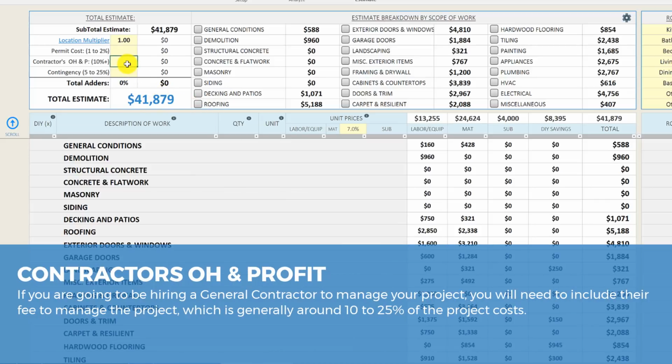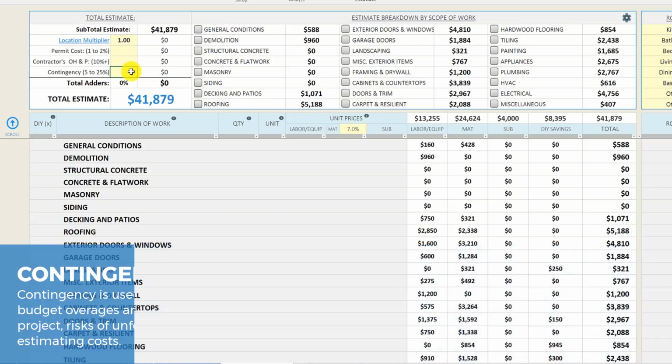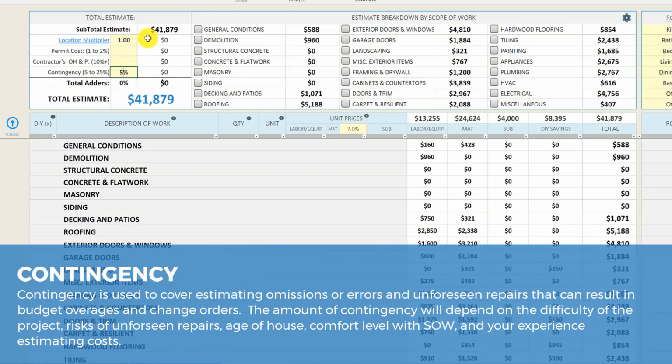We did have a general contractor, and he wasn't necessarily a general contractor. He was basically a contractor that was doing all the work himself, so he wasn't managing subs or anything like that. So all of these numbers that we have here really kind of include his wage and his profit in the deal. So we didn't need to plug in any kind of overhead and profit for a general contractor to manage our subs. As far as contingency is concerned, on this property, I think I plugged in about 5% in contingency,